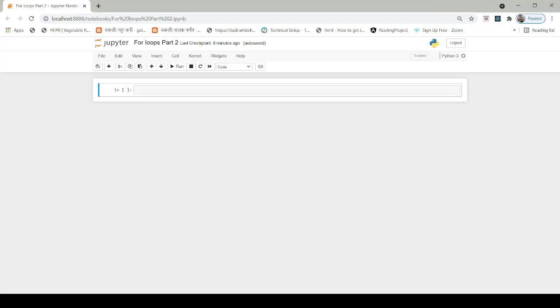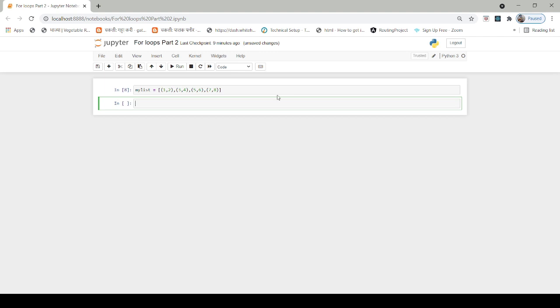So here we have a Jupyter notebook. First command: if you want to print only even numbers with two variables, I will show you more than one variable in for loops. Say 1 and 2, 3 and 4. Basically this is called tuple unpacking. That means some pairs of tuples in the list. And the final pair, 7 and 8. So now if I run that,